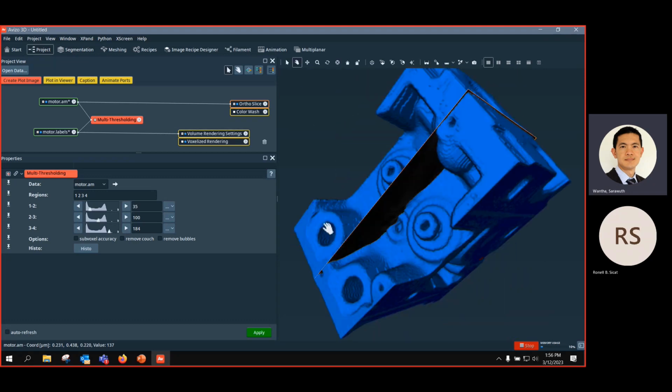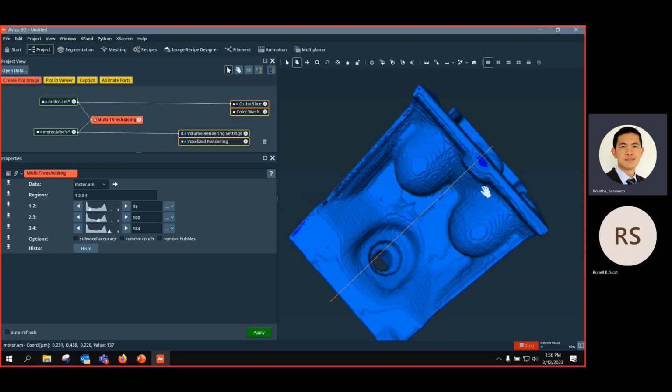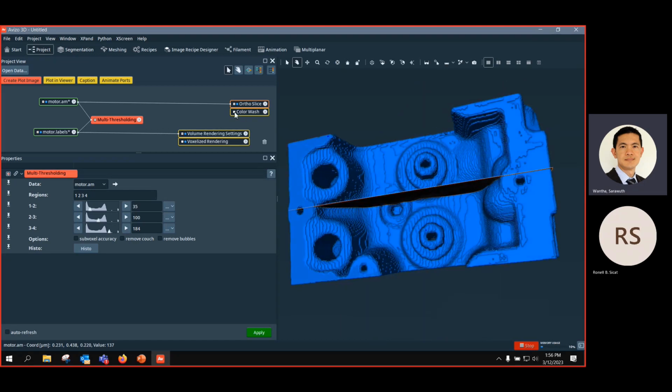And since we have this multi-material here, if you would like to have individual materials separated, how can we do this? So